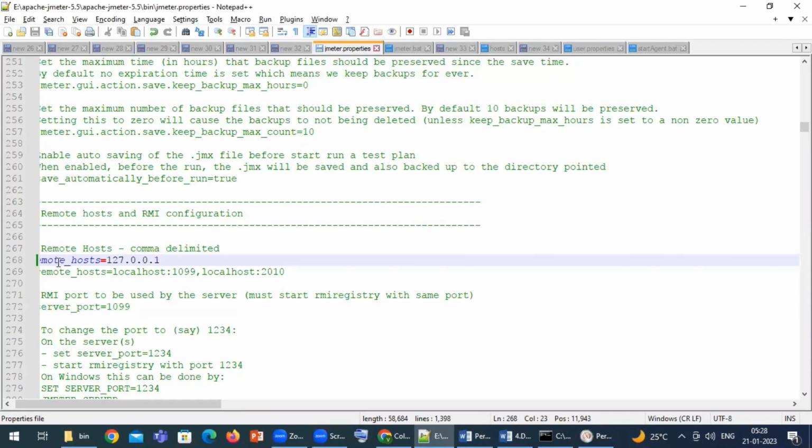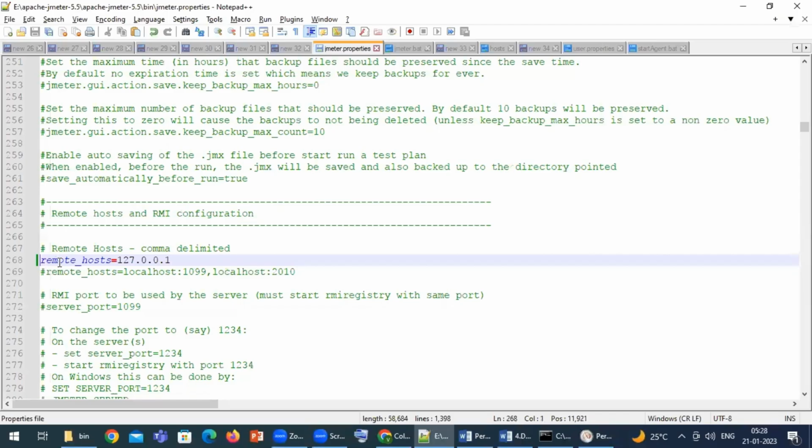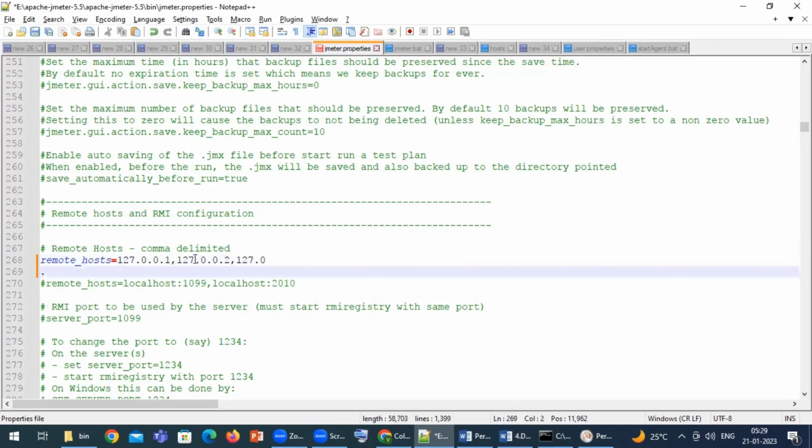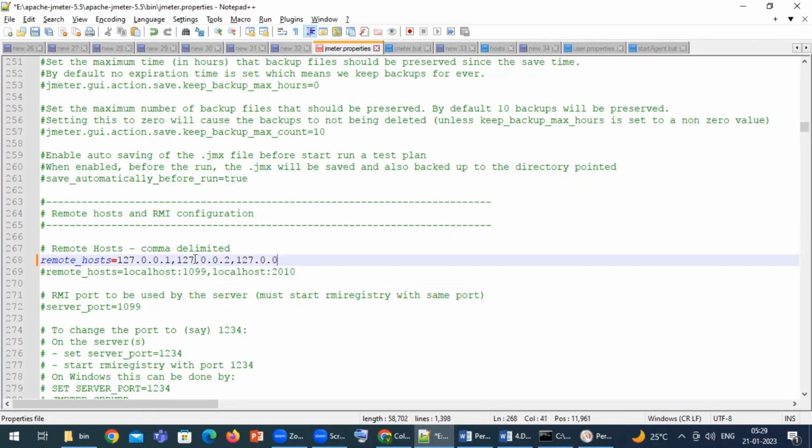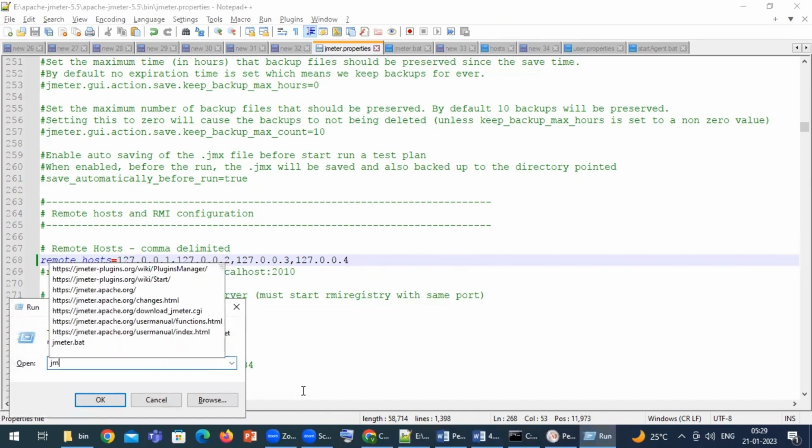Here you can search for remote hosts and add the IP addresses of the slave machines given by your client, comma separated. If you have 10 slave machines, you can add them, save it, and restart your JMeter.